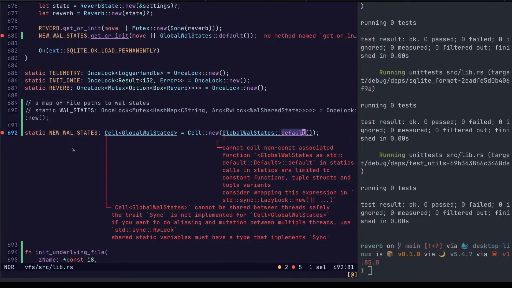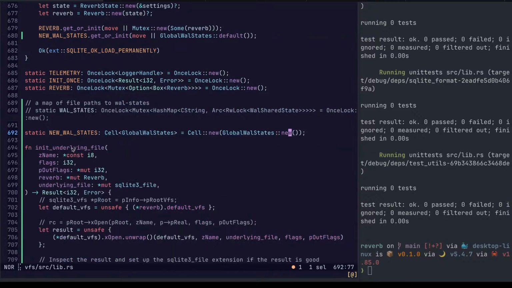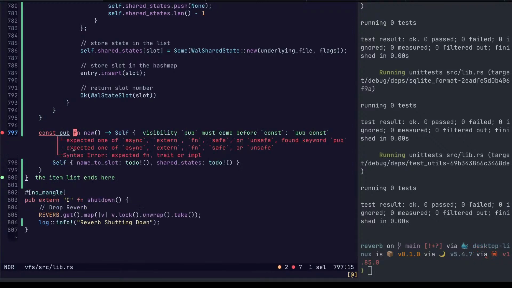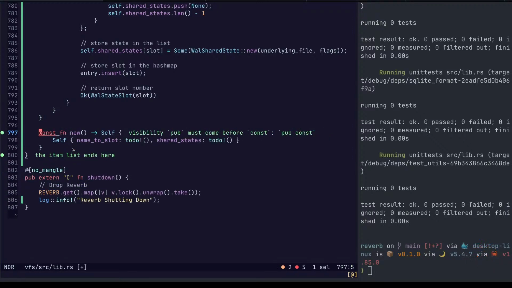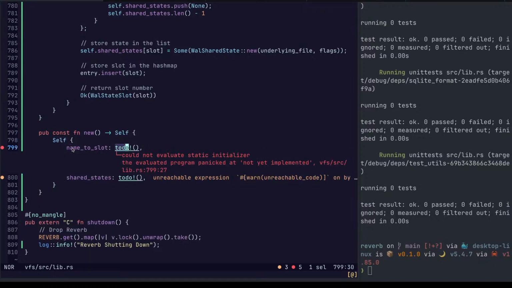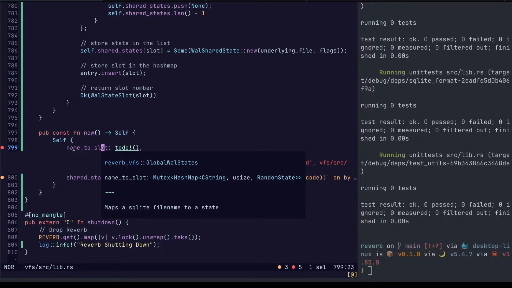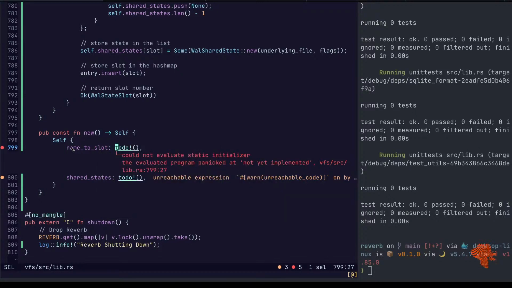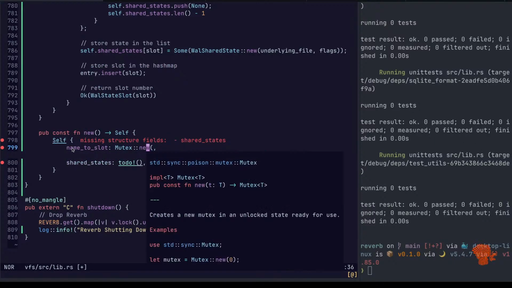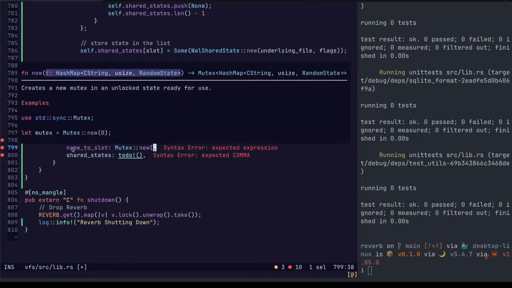Okay. Let's create a new, generate new function. New is const pub function new, or pub constant. This is a mutex to a hash map. I'm just checking to see if everything is const-ish. Yeah, that is.